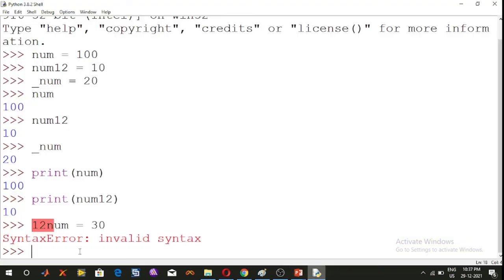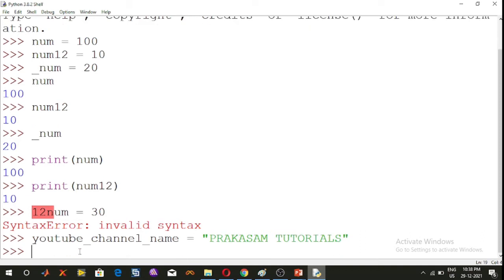So now here at the prompt, type YouTube_channel_name is equal to, within double quotation marks, Prakasham Tutorials, and then press the enter key and use the print statement.